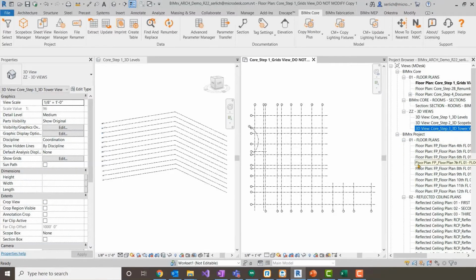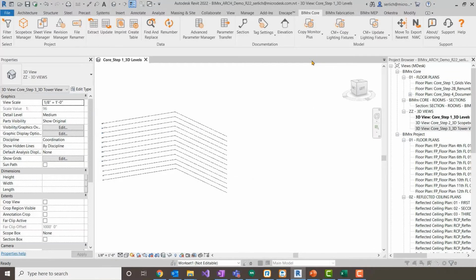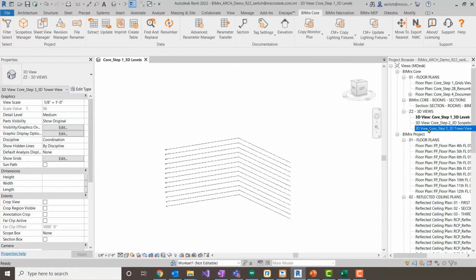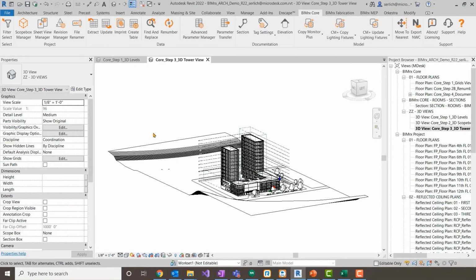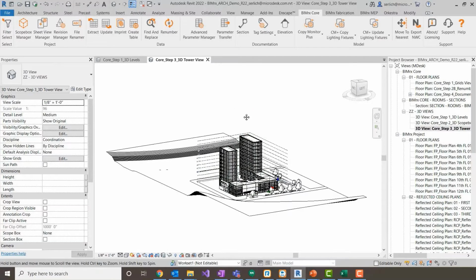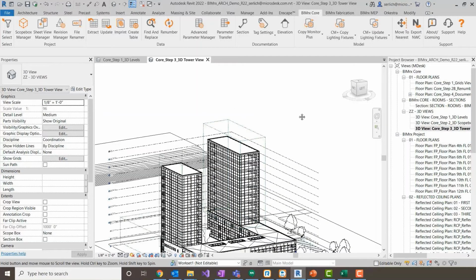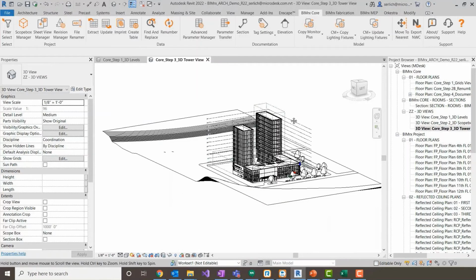Now that we've set up our project, we can start to model all of the elements within our building. And let's fast forward through time to a point where our building is modeled. And I wish BIMrx had a button to do that, but unfortunately we still have to actually model the building. But once we have our modeling portion done, we can begin that tedious task of updating the data of our